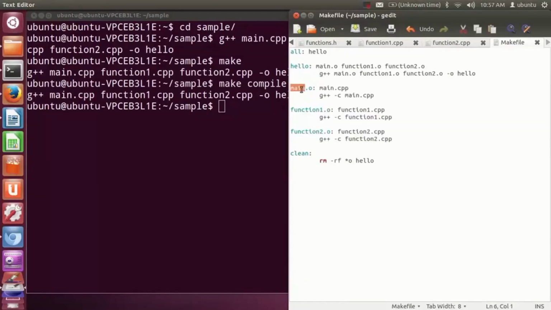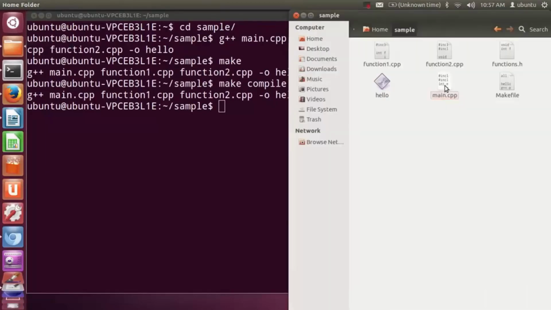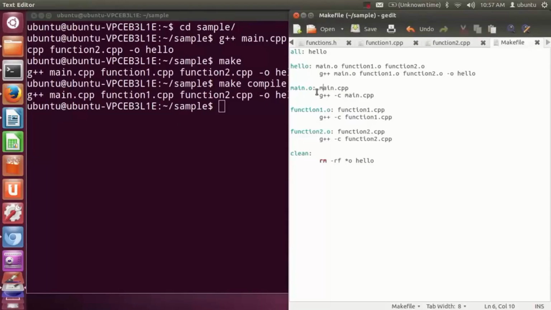So I have created 3 objects because I have 3 CPP files, right? And so this is a target, main.o, function1.o, and function2.o are the targets, and the dependency. Whatever you write after this colon and with the space, it's called the dependency. So main.o has the dependency main.cpp, which we have in our program, right? Main.cpp, this here. And when you call main.o, it will execute this command g++